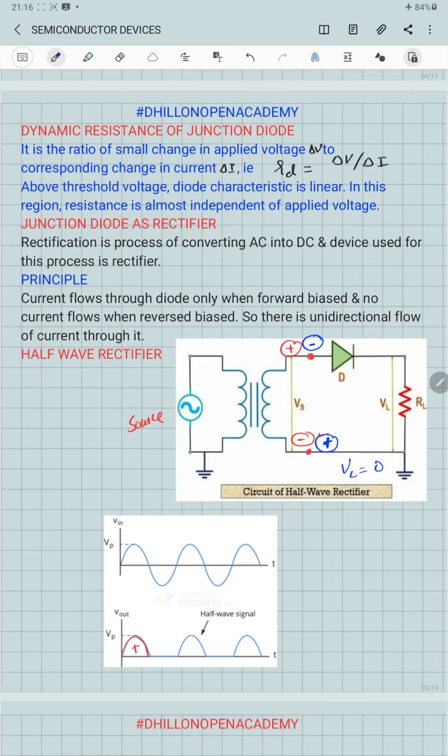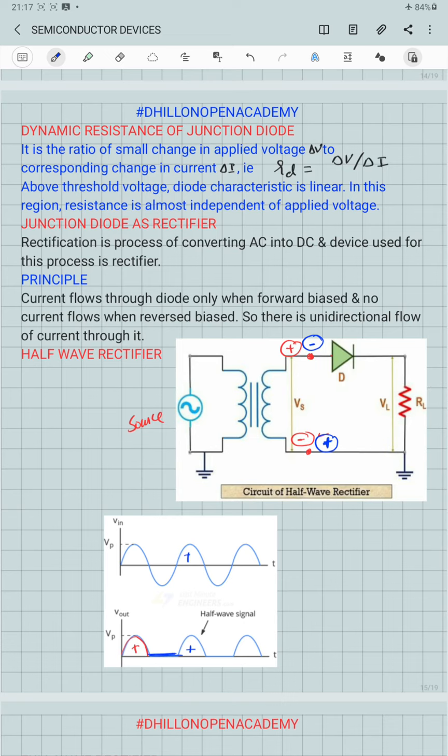So corresponding to the negative terminal of the voltage arriving at the secondary coil, the output voltage is equal to 0. So no voltage is appearing across the load resistance RL. But when the next positive half cycle appears, again it leads to the forward biasing of the diode. Current flows through the load resistance and a finite voltage is produced across the load resistance. So a positive half cycle is obtained across the load resistance RL as the output.